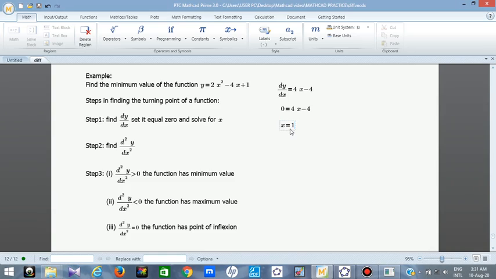X will be equal to 1. So you can see it. So that is the value for x. Then the next step is, by getting x equals 1, you are not sure if the function has a minimum or a maximum value, except you do the second differentiation and check your condition: if the second derivative is greater than 0. So if I differentiate it the second time now,